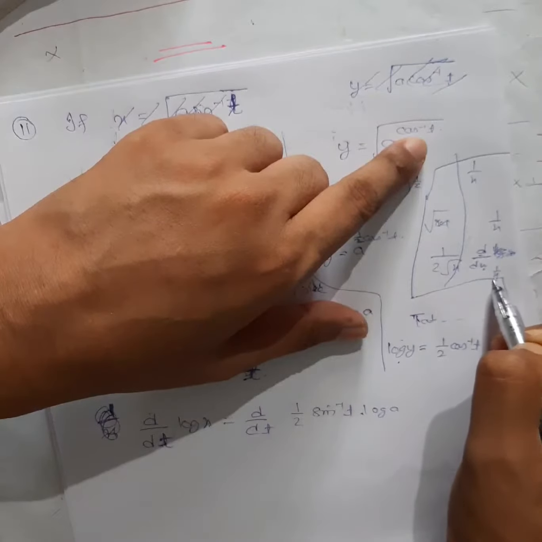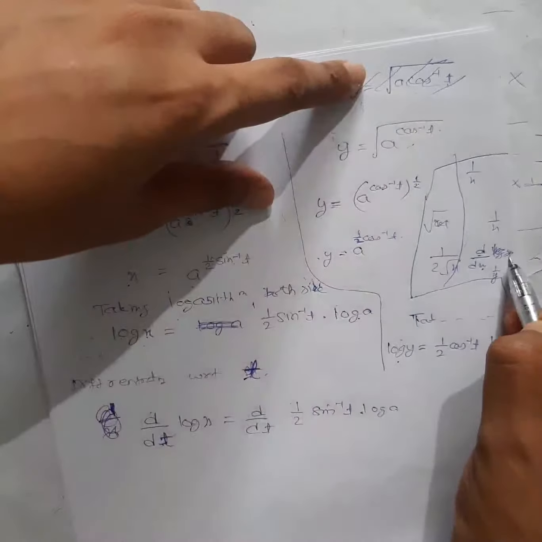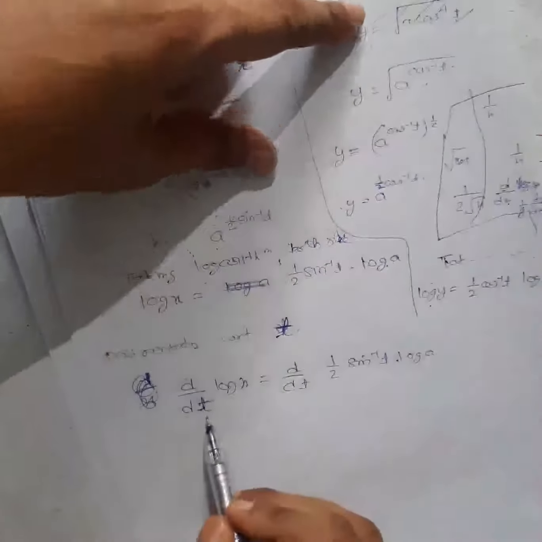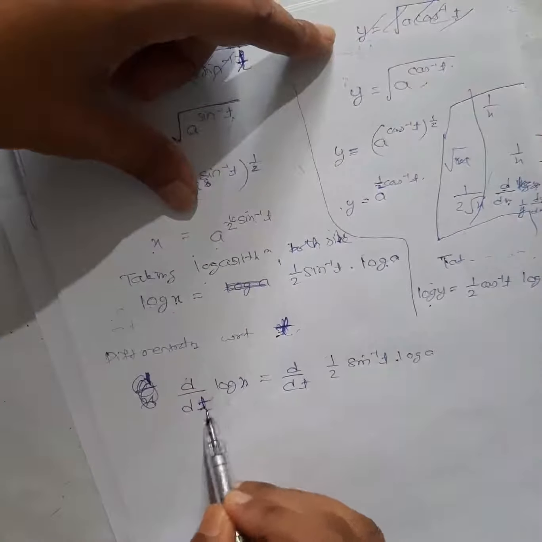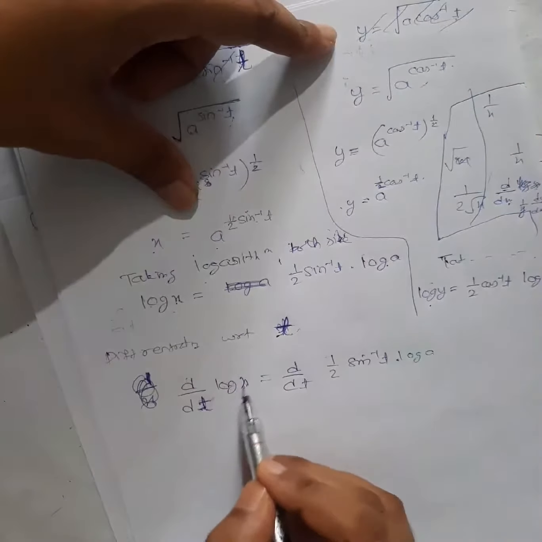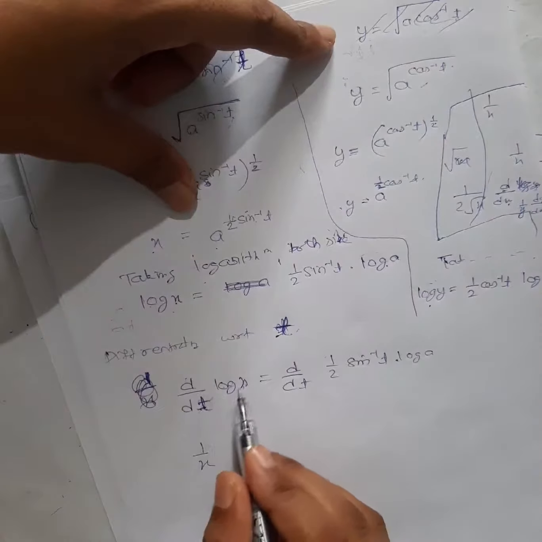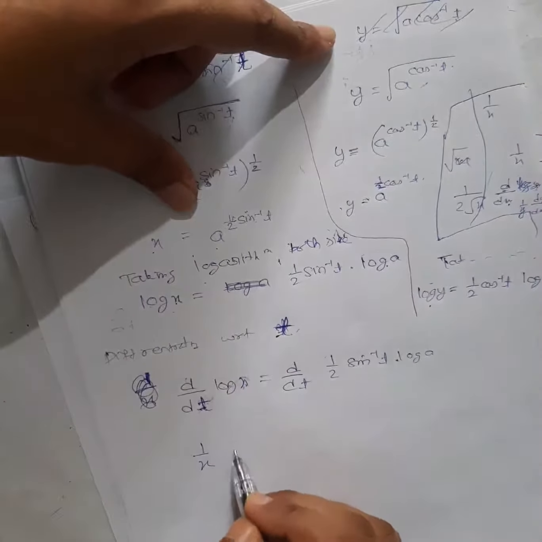But in place of x, we have y here, right? So since it is y, you have to differentiate again, dy by dx. Same thing here also. This is different, right? So first we will think of this one as log x, what is the differentiation? 1 by x. But since this is different, you have to differentiate again with respect to t.